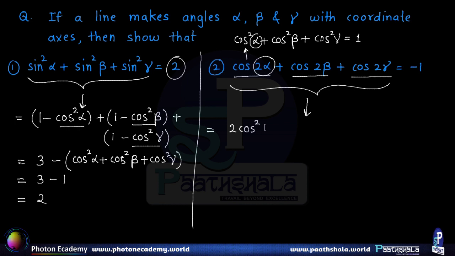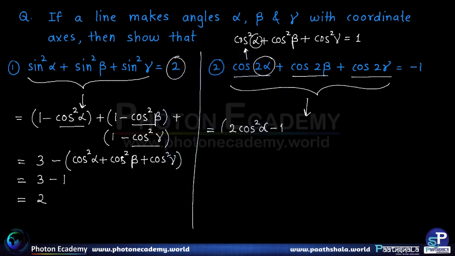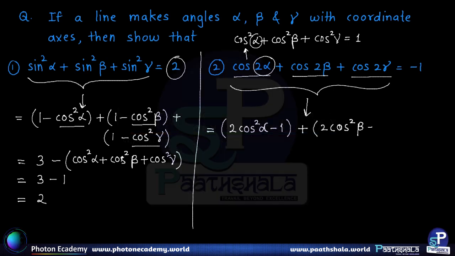Okay, that's the double angle formula for cos 2 alpha. Similarly we can write, in case of cos 2 beta, we can write 2 cos square beta minus 1